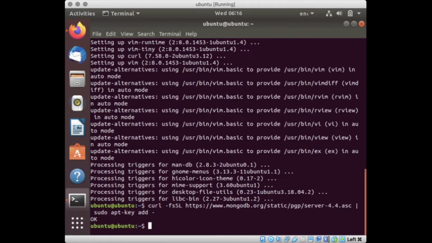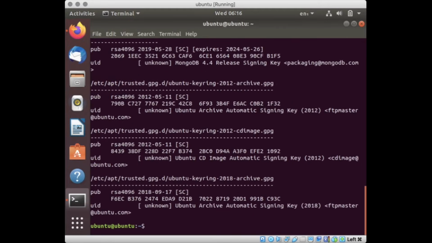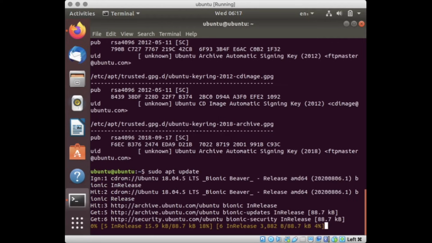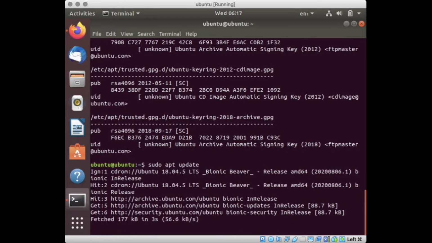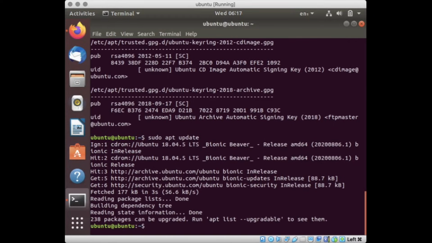Now let us check the apt key list. All the new keys are being registered right now. Now to install MongoDB,